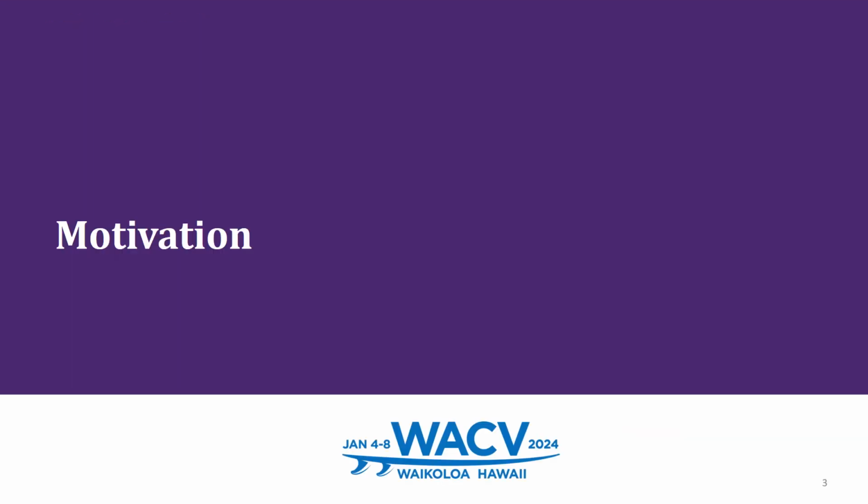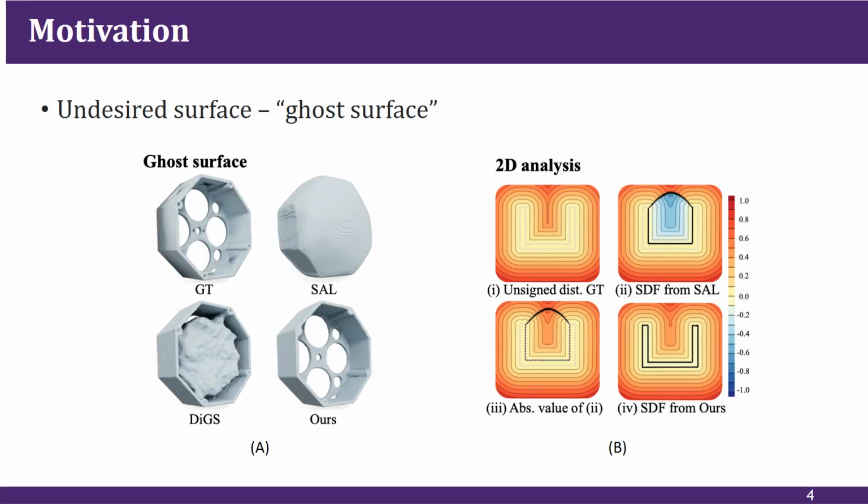We first show the main motivation of our method. First, most existing methods occasionally have difficulty in finding coarse shapes for complicated objects, leading to the production of ghost surfaces in undesired locations and large errors. In the left figure, this implies that the existing unsigned supervision may not be able to provide sufficient guidance, so the network occasionally gets stuck at bad local minimums and generates ghost structures. A 2D synthetic example is shown in the right figure.